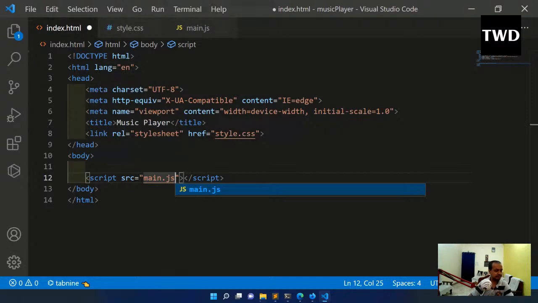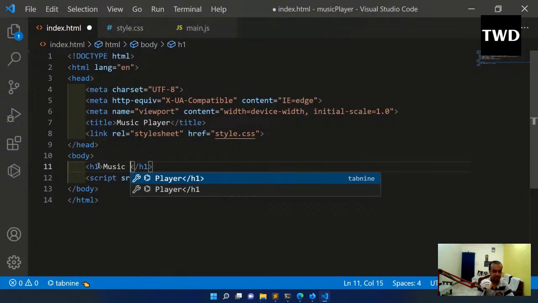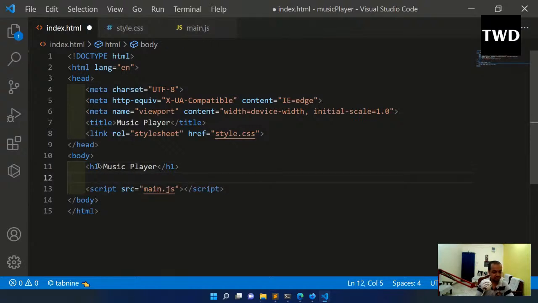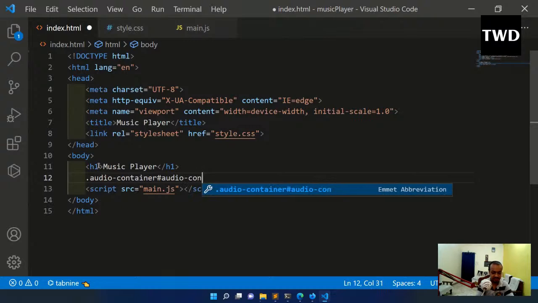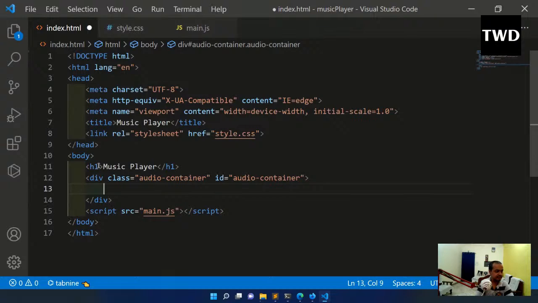inside our body we'll have an audio container class which will wrap around everything. So let us make that. Okay, so let us have an h1 first, and it will be music player, and after that dot audio container, hash audio container. So these two things we are going to have, and after that